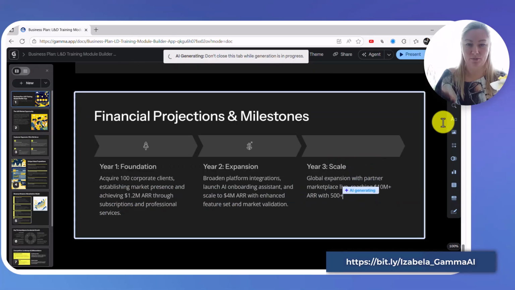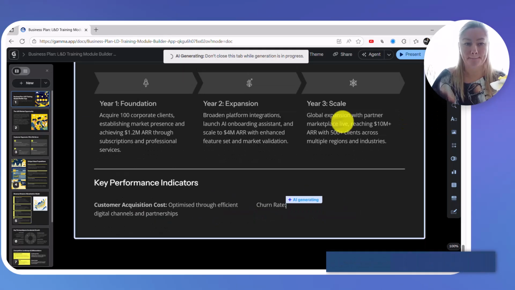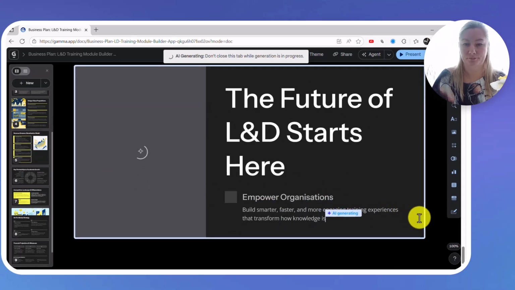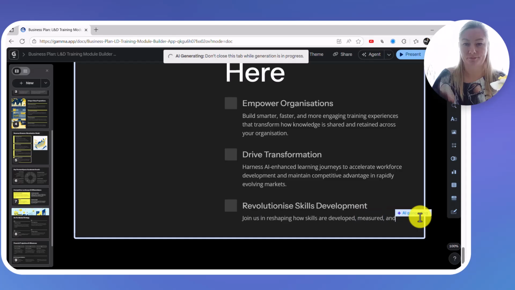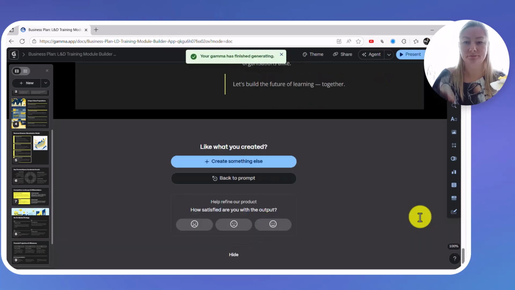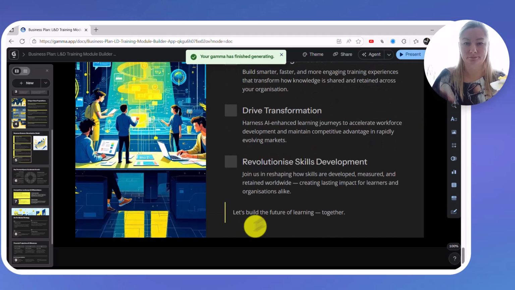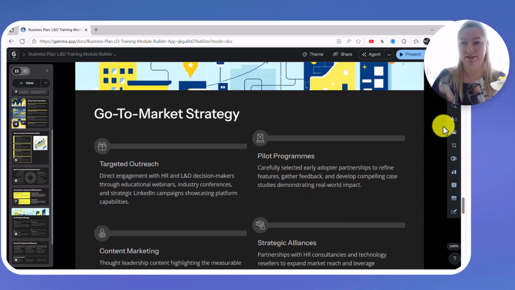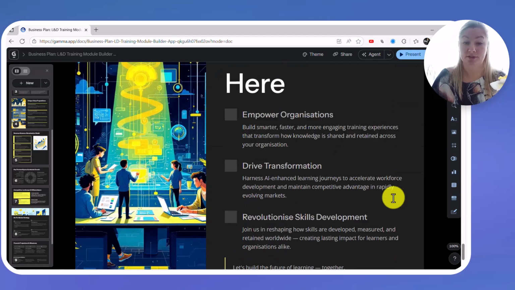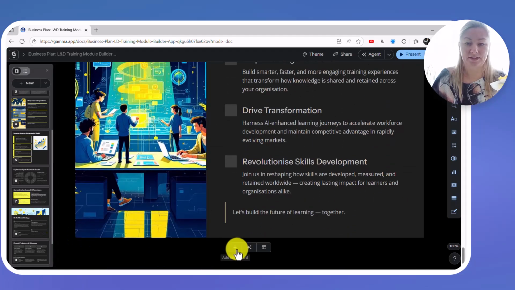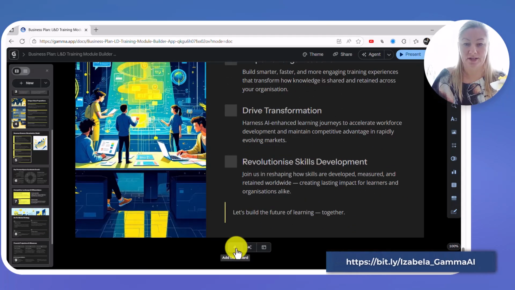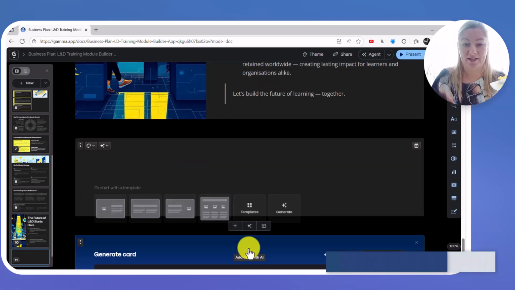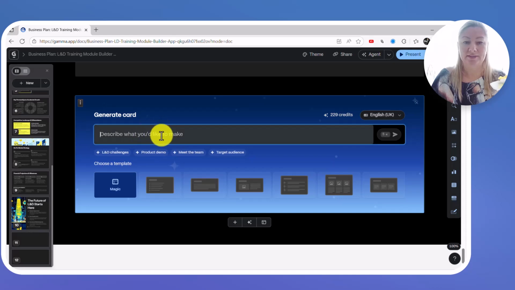Okay, so we are almost at the end. And that's it. My presentation is fully completed. Now, of course, because it is AI, I have capability to add additional slides based on my needs manually, or I can add the card with AI and I can describe